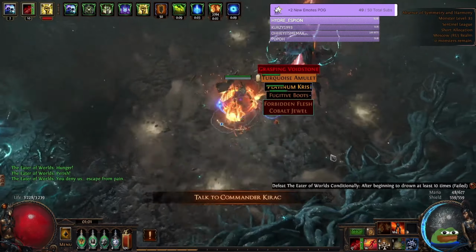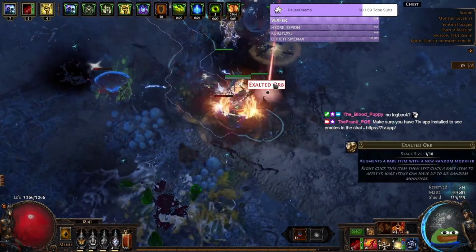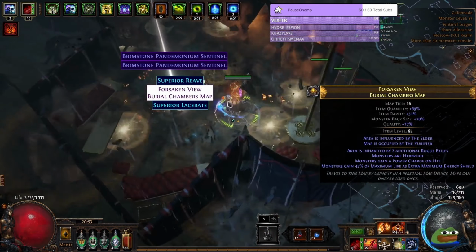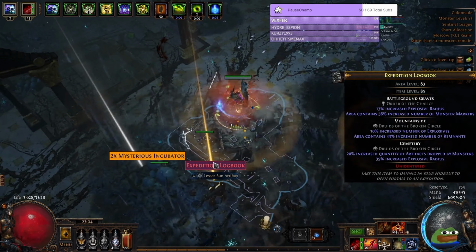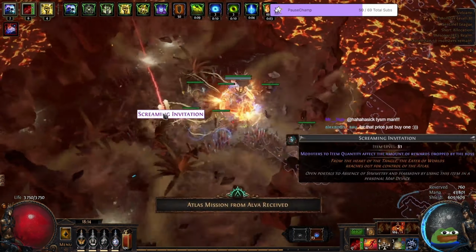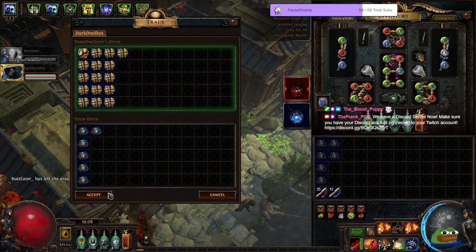Now right after that we killed our first normal Uber Elder, Searing Exarch... Exile and Maven for the Watchstones to upgrade our Atlas. Next day we spent farming to afford our final upgrades. After we finished farming and sold most of the stuff, we bought our final upgrades, which included